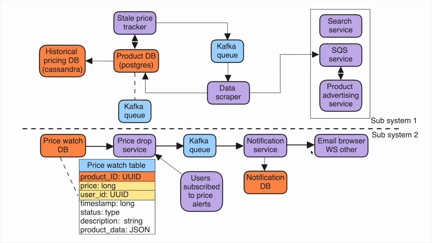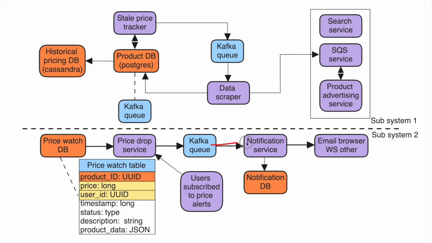In this subsystem, the price drop service is the key service because first, it allows users to create alerts for the specific product and price. It also receives updates about any product price changes and then checks that update against the Price Watch database. And then once we check the database and retrieve a list of users that potentially need to be notified about the price update, we would create a message for every single user, send all those messages to our